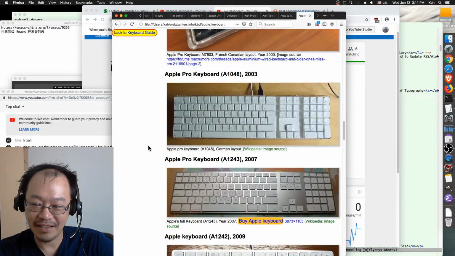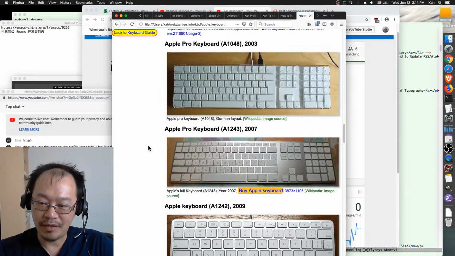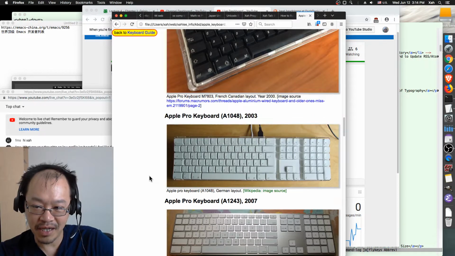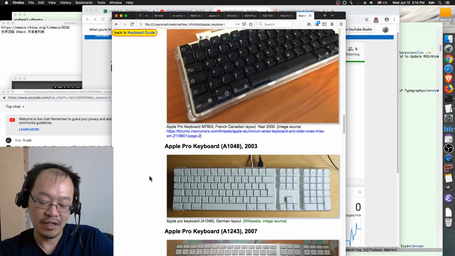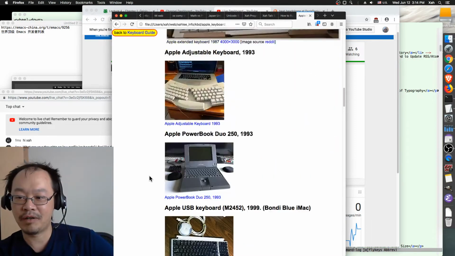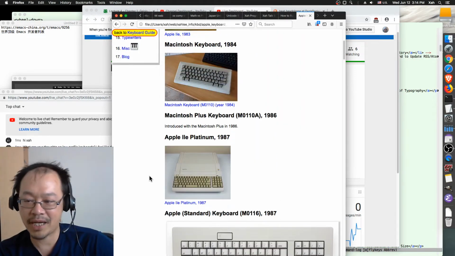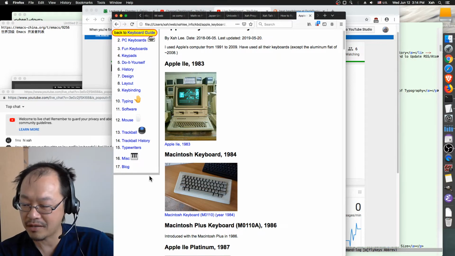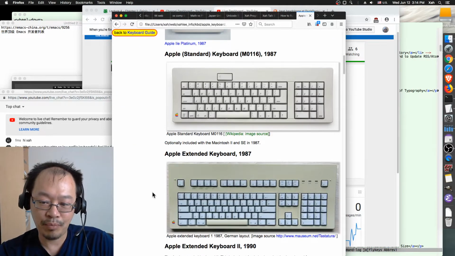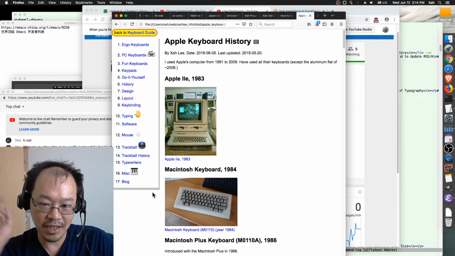So don't buy Apple keyboards. And also about these low profile keyboards, they are no good. Never type on a laptop keyboard for longer than, you know, 5 minutes. It's laptop keyboard that got me RSI, my first RSI in 2006. So my opinion about low profile keyboards: no good, except